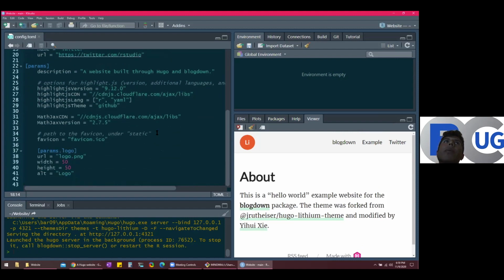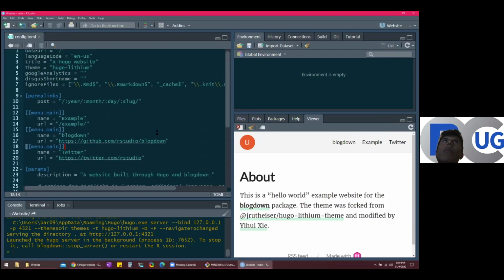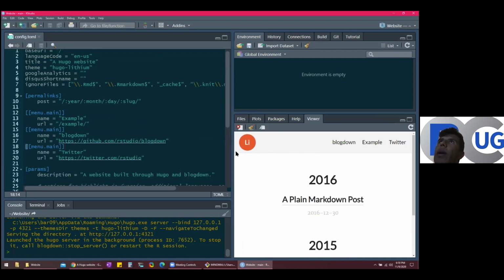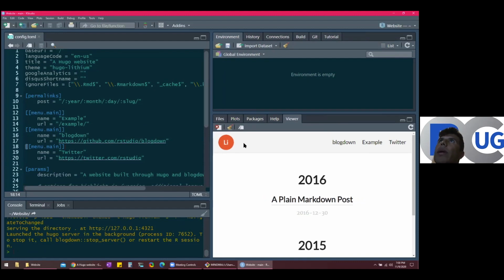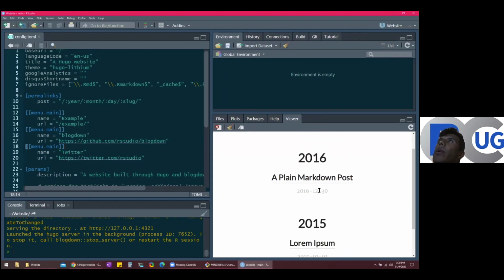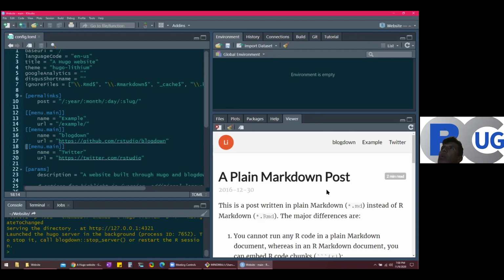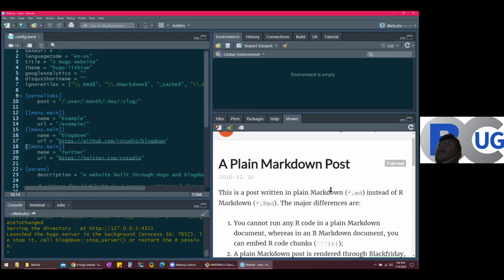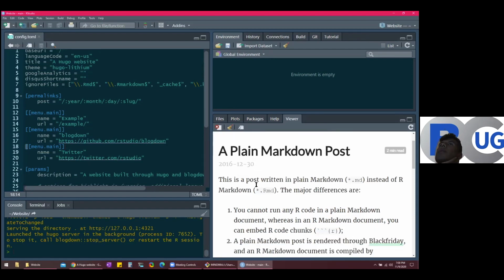Let's see, what else are we gonna change here that I wanna show you? So let's look at the posts that we have, okay? Seems that we only have 2 posts. We have this, a plain markdown post, okay? So let's look at it real quick. So this is a post written in plain markdown instead of R markdown. The major difference is R,